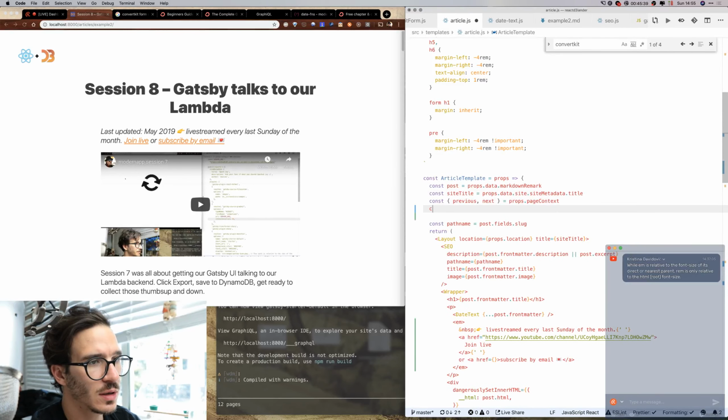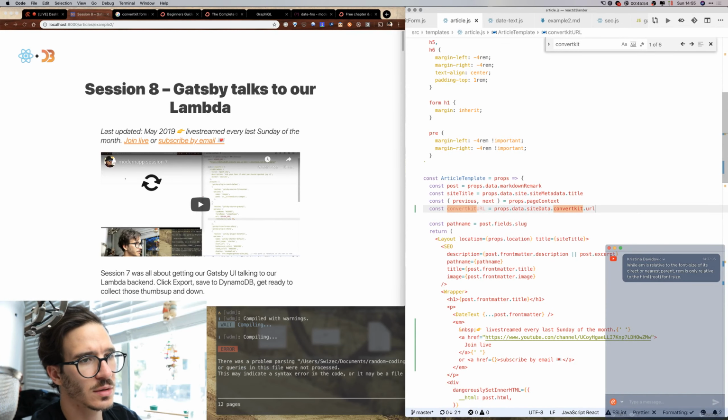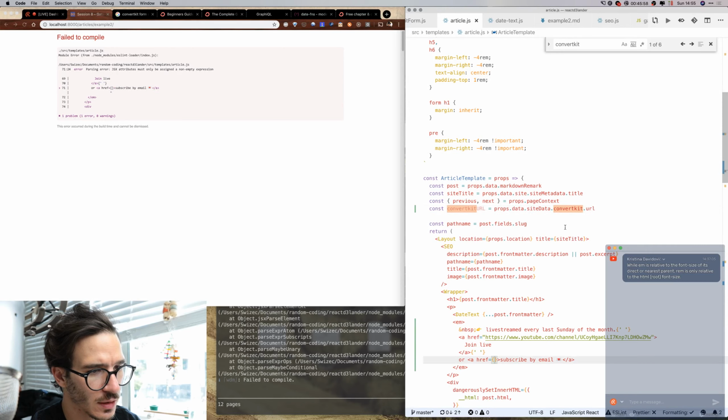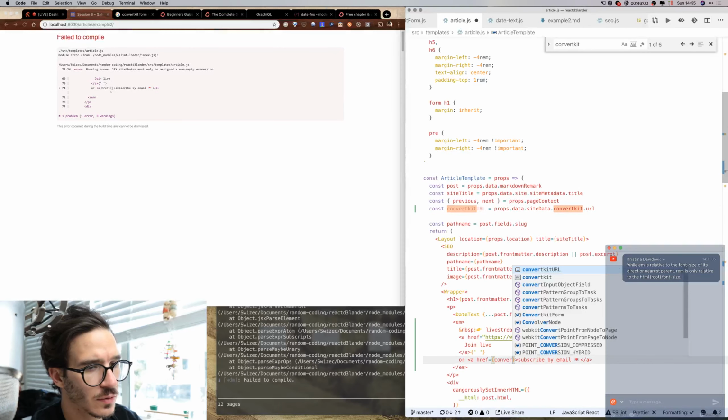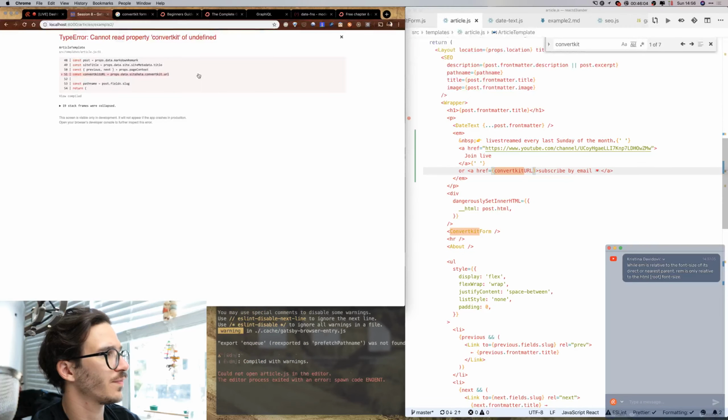And let's say const convertKitURL equals props.data.site.data.convertkit.url, right? Think so. And we paste that in here. So we say ConvertKit URL, and that should give us